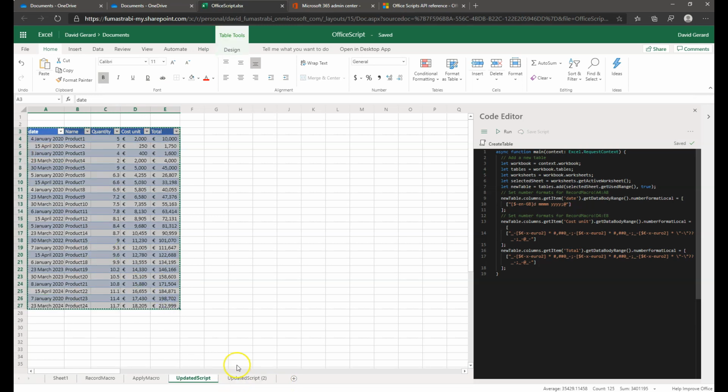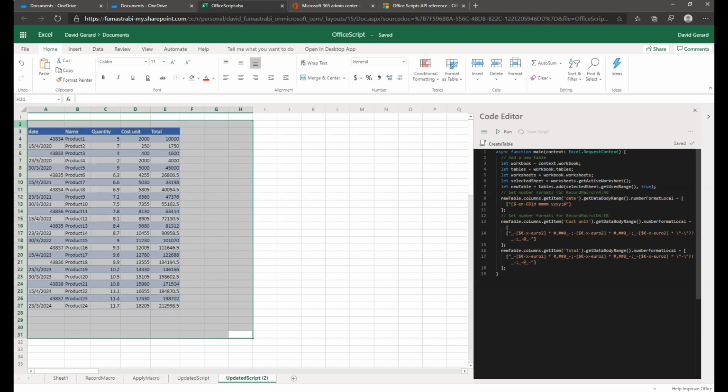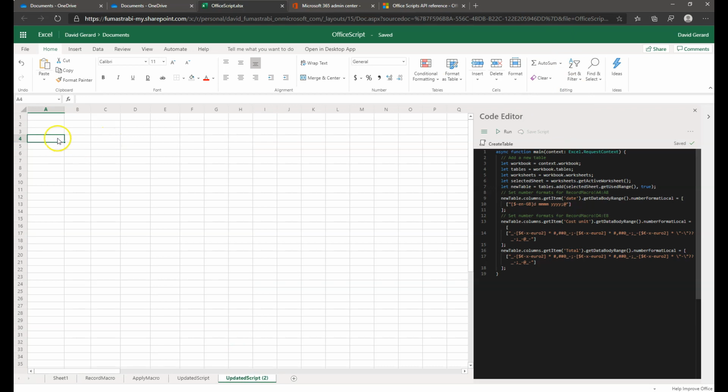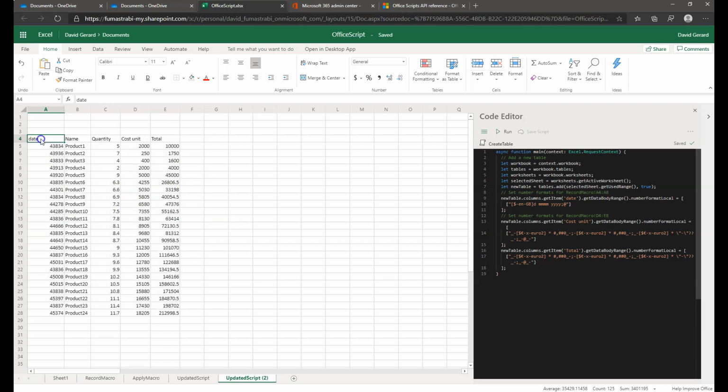Actually, we can take this in our script. Let's cancel everything here, clear, and keep only the values. All right. Let's try and make it. Let's try and improve our code. What we can do, we can actually, you see, we are repeating that columns, new table, columns, new table, columns. So we can also create a